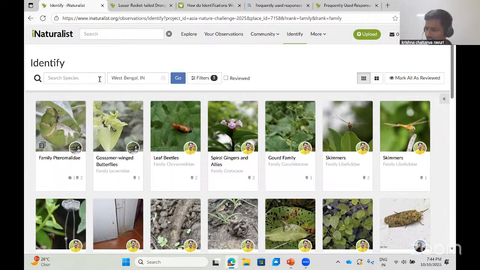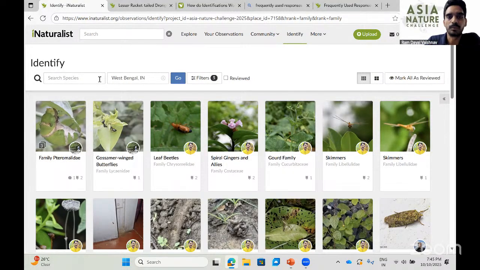So I think if there are comments, can we do Q&A? Yes. So basically, there are multiple things here. As Casey rightly said, one is to identify the observations of the species itself. So that is one goal of the identification process. But the second one is also the curation, just ensuring that the data on iNaturalist is correct, the quality is good, and if there are any ill practices being followed, you report them as well. So there are various ways by which we can do this.